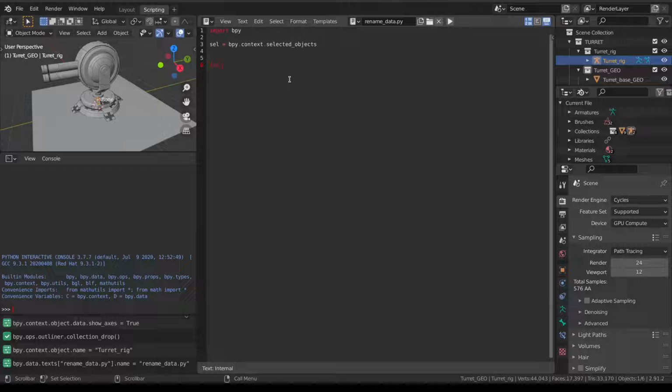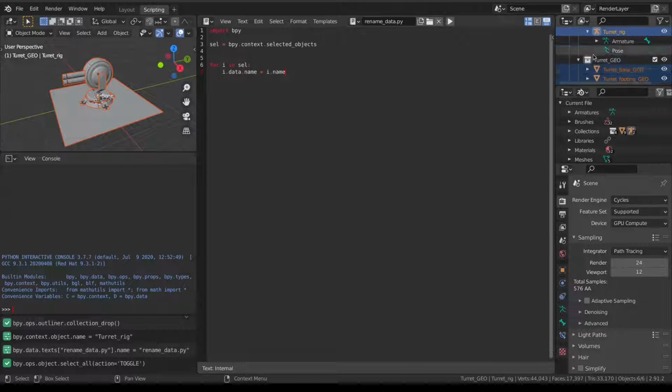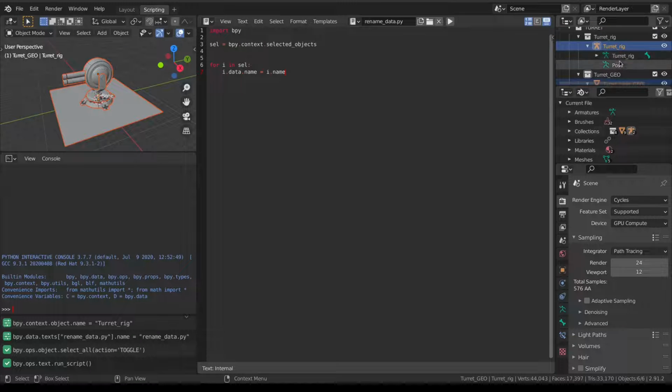I'm going to say for item in my list name, which is selection, on each item, the data name, data.name, to equal the name of the object, so item.name. And then I'll make sure I just select everything that I want to rename and, actually, I'll expand this so you can see, and then I'll hit the play button up here and you can see it's renamed everything